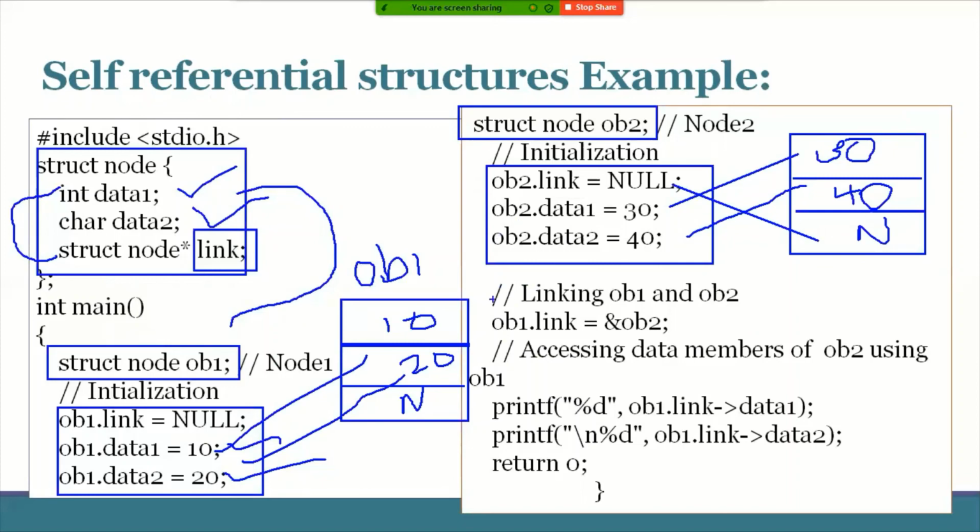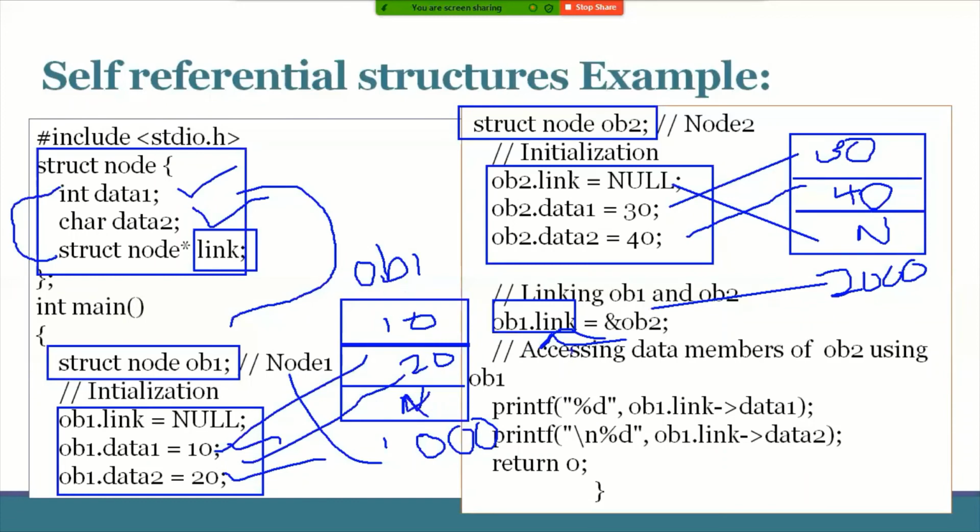And what I'm doing here, object 1 dot link. What is object 1 dot link? This is object 1. Its link is initialized with the object 2 address. For example, this address is 1000, and this node address is 2000. And object 2 address is 2000, given to whom? Object 1 dot link. Object 1 dot link is this thing.